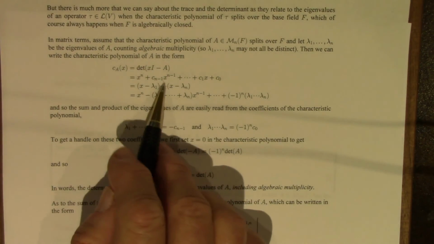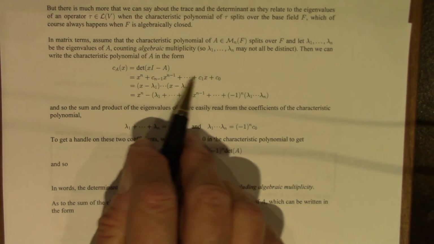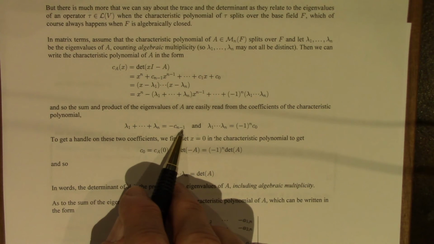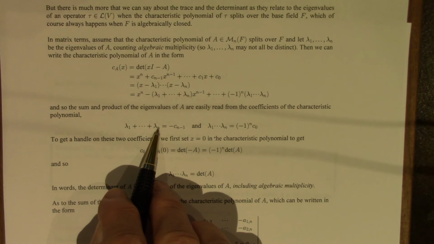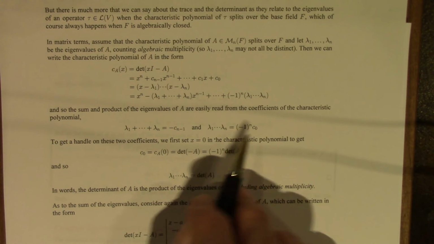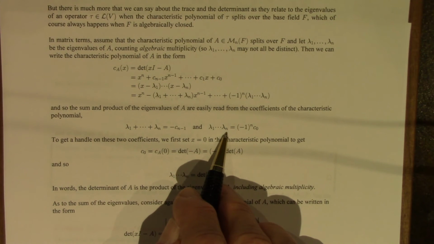So if we compare this with this expression here, negative Cn minus 1 is the sum of the eigenvalues. Negative 1 to the n C0 is the product of the eigenvalues. Now,